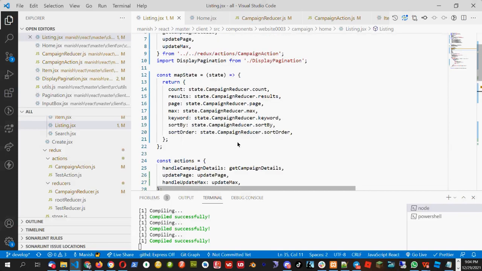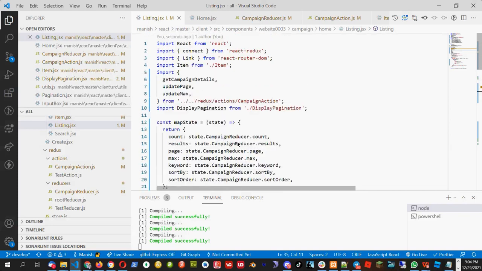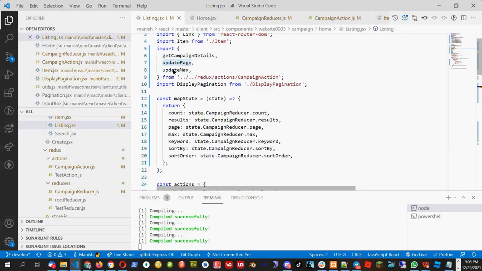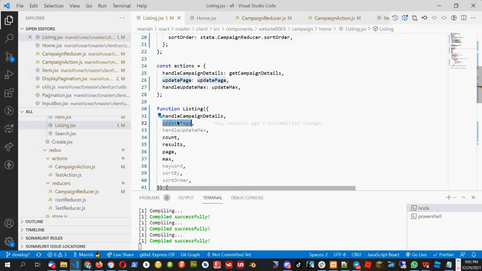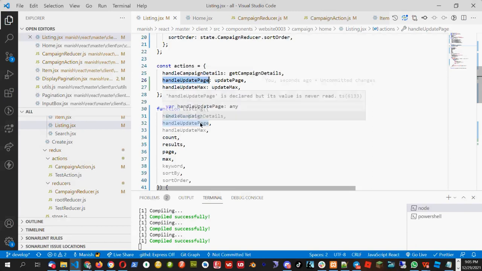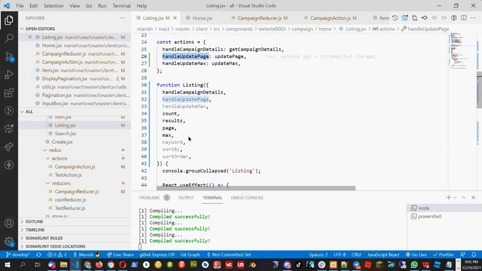It will not create a problem in functionality, it will work properly. But since I have created update max here also and here also, so sonar lint gives the issue that you have already declared this function here and you are reusing this function with the same name. So better is to change the name. Okay, so I will change the name. You can keep it, but it will give the sonar lint issue. If you have not installed the sonar, then you will not see this red line. Then you can work it as it is. But I don't like to see this red mark.